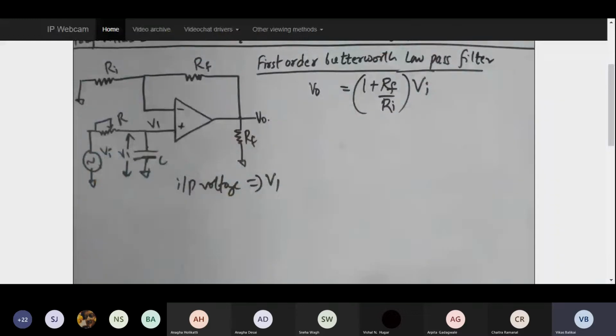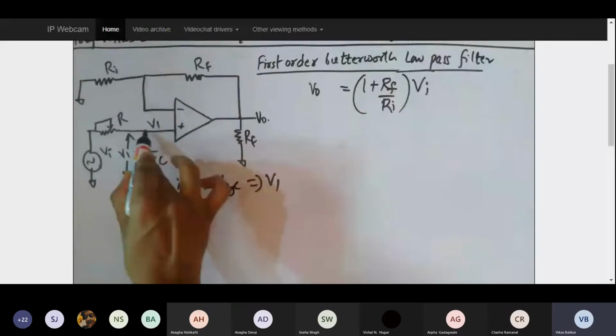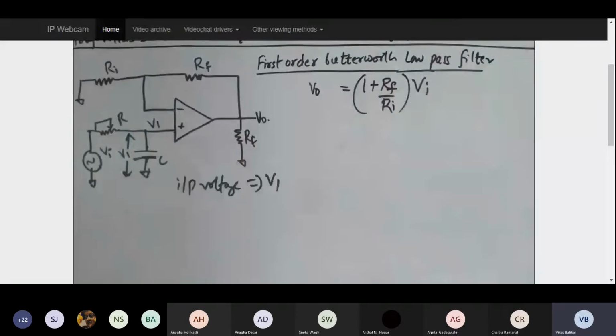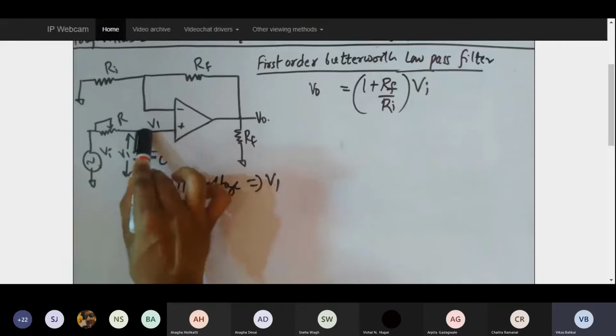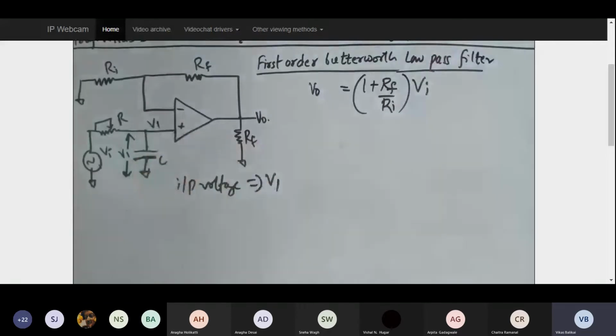So that is where exactly the voltage is getting applied to the op amp. I need to look at that voltage. So here, what voltage do I get? It is V1. So V1 is the voltage that is getting applied to the op amp device, without any component between these two terminals. Look, between the non-inverting terminal and this V1 there are no components. Which means if I know the voltage across the capacitance, that will be the voltage entering the op amp. So my input voltage is V1. Now the question is, how do I find V1?